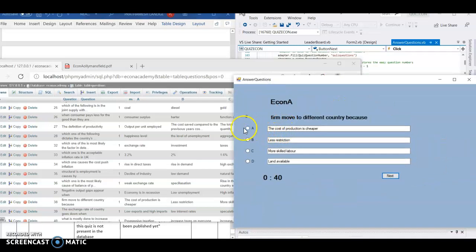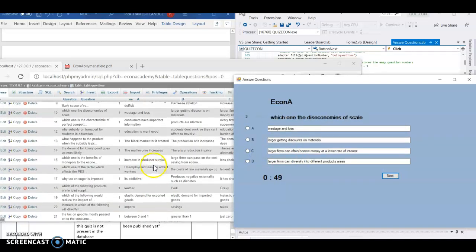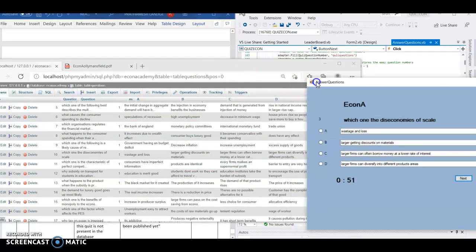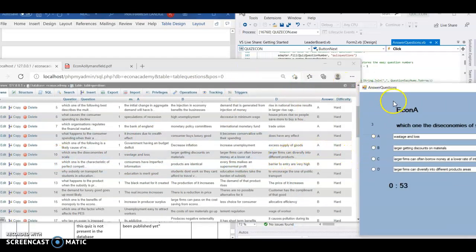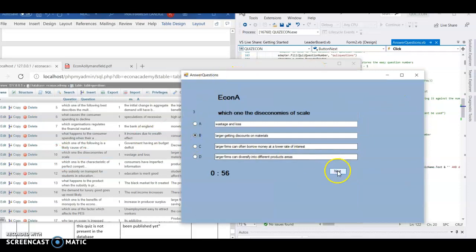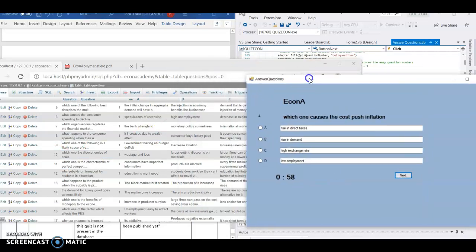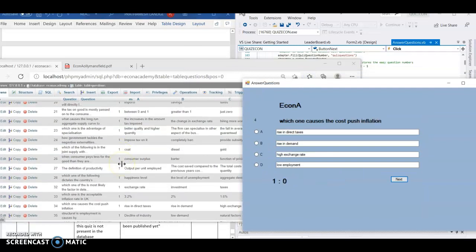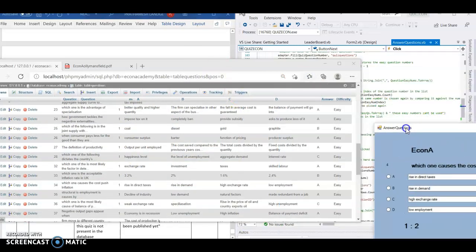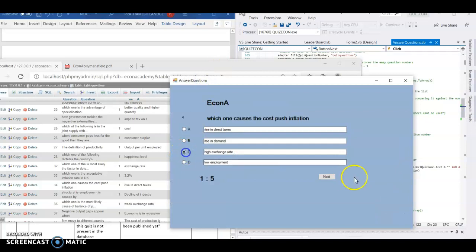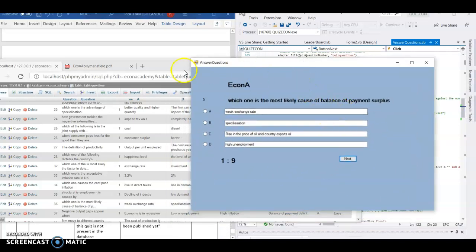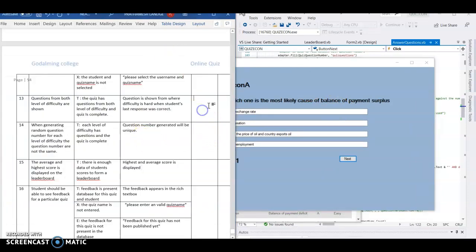So next question, I know the answer for this one, A. So I'm expecting the next question should be from the harder group of questions. So 10. It is indeed hard. So yeah, it works properly. It should be easy now. It is. 34 is easy, yeah. It works properly. Alright. I'm just gonna write right here as